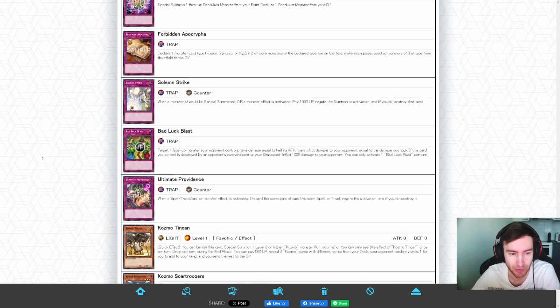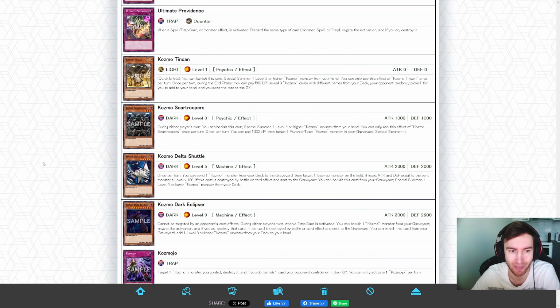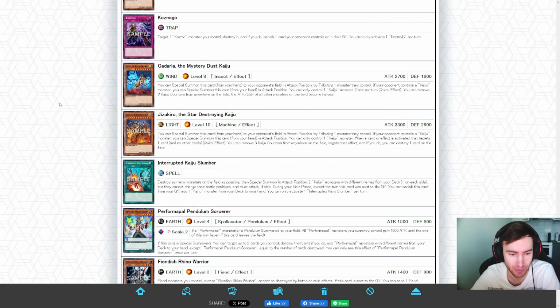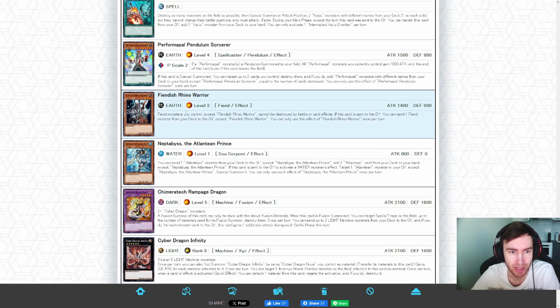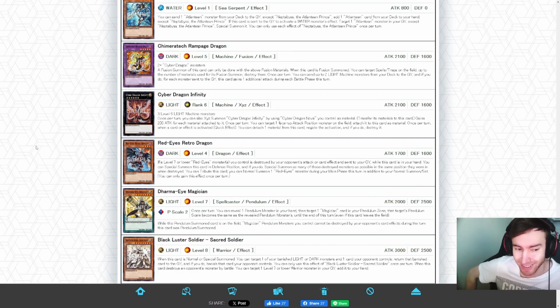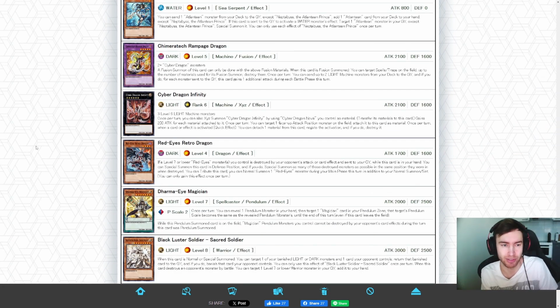Solemn Strike is a reprint here as well, so we have access to the Solemn cards again. In Tin Can, you've heard Jeexx talk about it extensively. Obviously, an insanely good card. Cosmos once again continue getting more stuff, as well as Kaijus, and Phoenix Rhino Warrior. Also, this is where Cyber Dragon Infinity gets released, but unfortunately